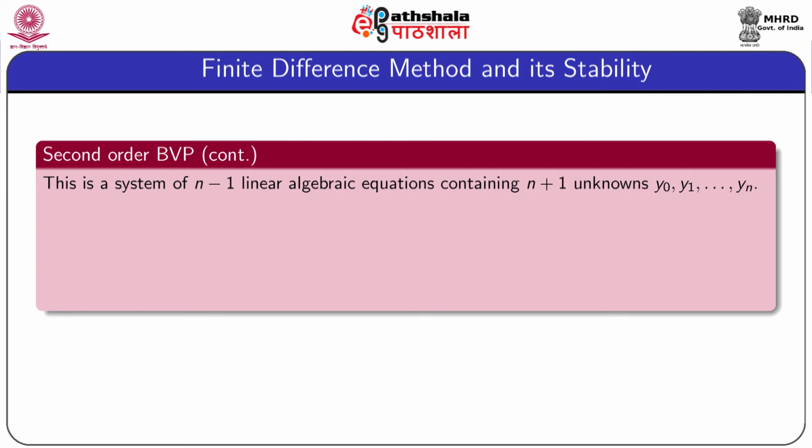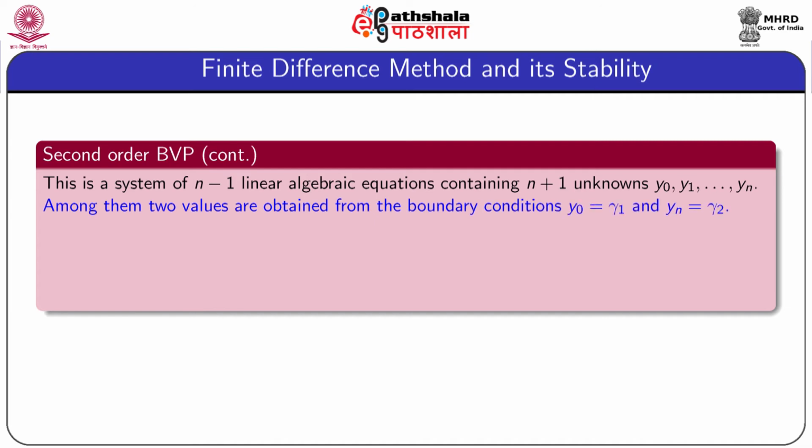So this equation contains n minus 1 algebraic equations, and obviously the equations are linear, and contain n plus 1 unknowns y0 to yn. But y0 and yn are the end values, that means the boundary values, so these two quantities are known quantities, and the values y0 equal to gamma 1 and yn equal to gamma 2 are given. And for i equal to 1 and i equal to n minus 1, the equations are